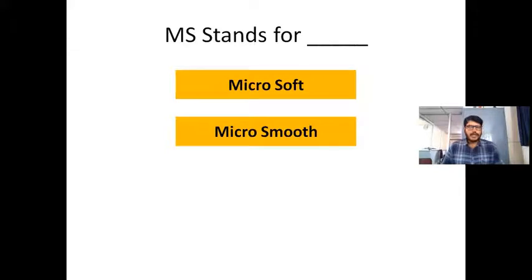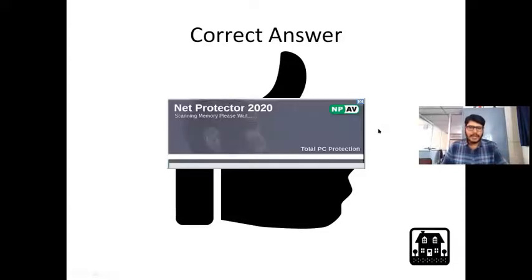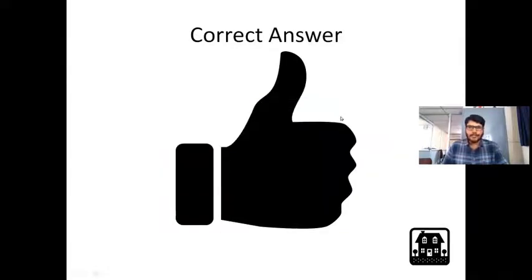Okay. And now let me show you a very interesting one. If I select Microsoft, which is the right answer, it has to play the applause sound effect behind the slide. So this has to happen along with the correct answer. It has to play the applause sound effect. So how do we provide the sound effect for this?